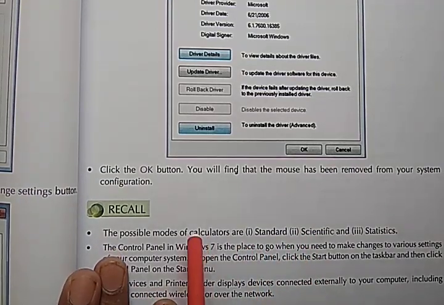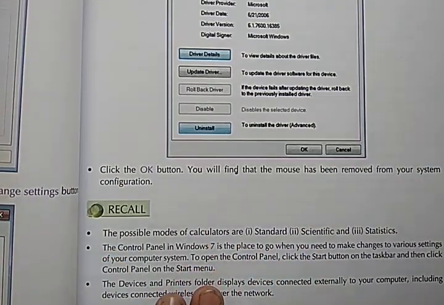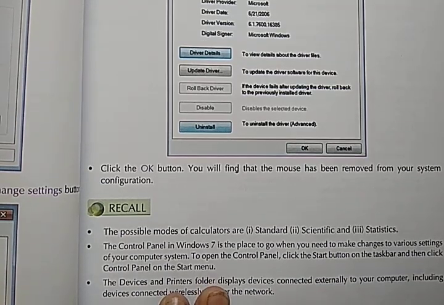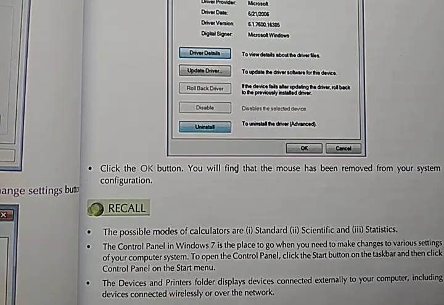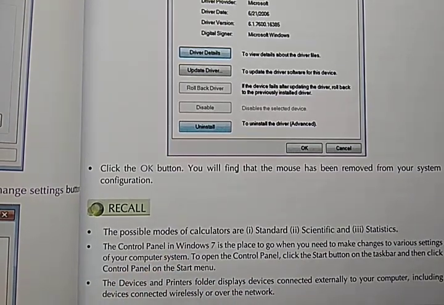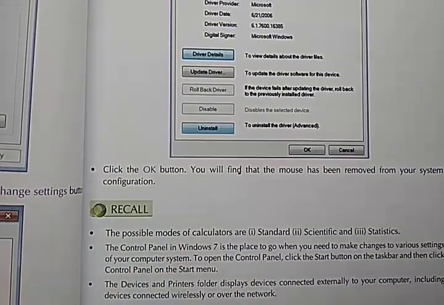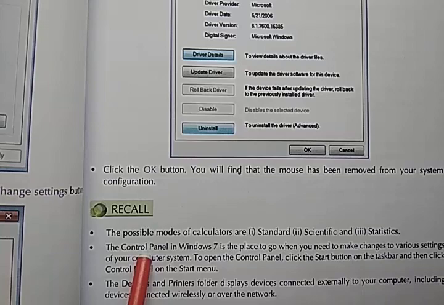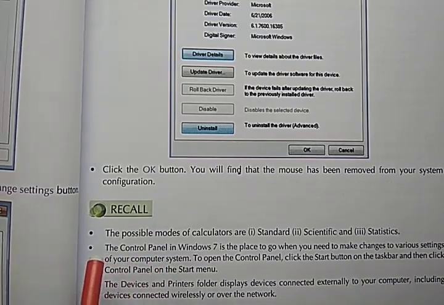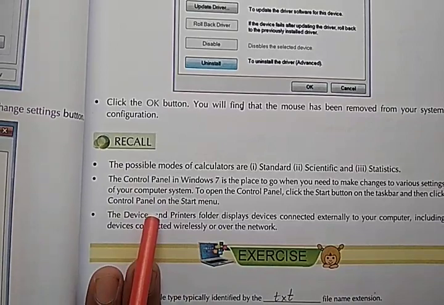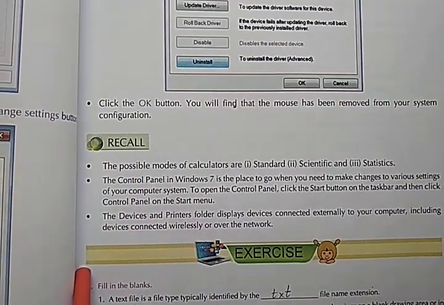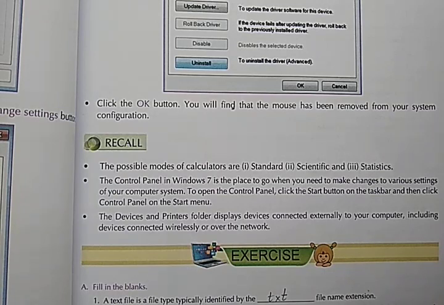Understood? So read this chapter thoroughly and try to understand. If any topics or any paragraph you have some doubt, then clear it in the meeting and read the chapter again and again, and search the exercise question answers also. Okay students, recall some points given here, read it, and if any doubt in this chapter, then consult it in the meeting.